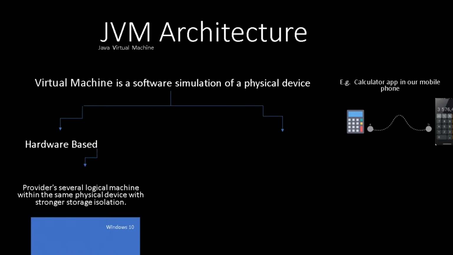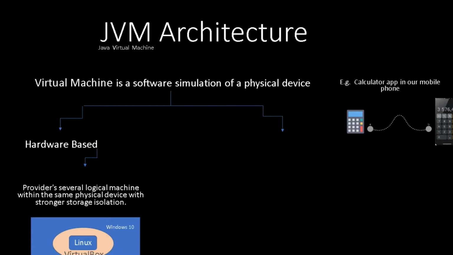a software called VirtualBox, then by using this software we can achieve a hardware-based virtual machine. VirtualBox provides us a platform where we can install different operating systems inside it. So we can install Linux inside Windows. That is how it works.